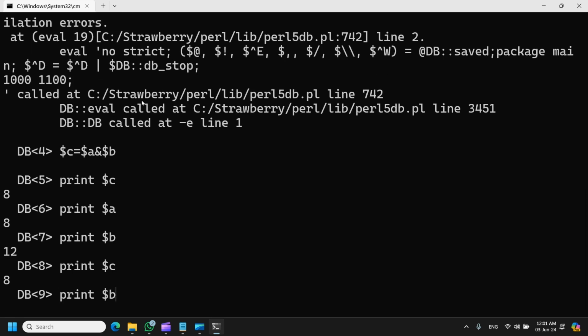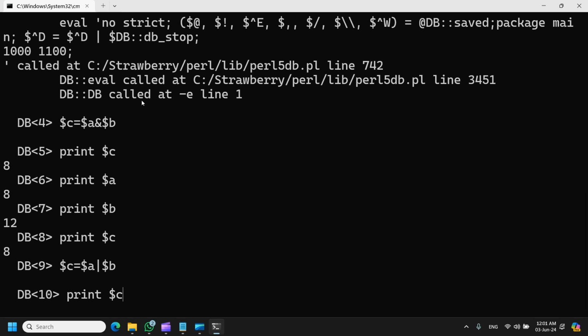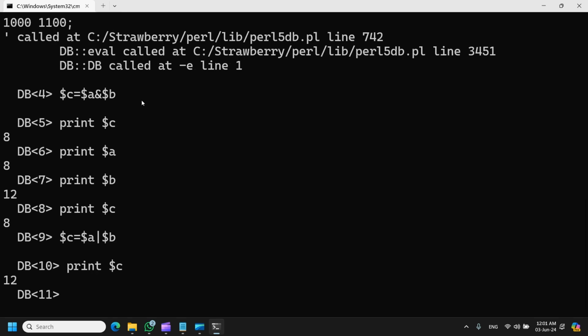If you want to apply the same thing with the OR gate, for OR gate you can apply the pipe symbol with dollar of a. For this, the output is the result 12. It is 12 because the 100 with